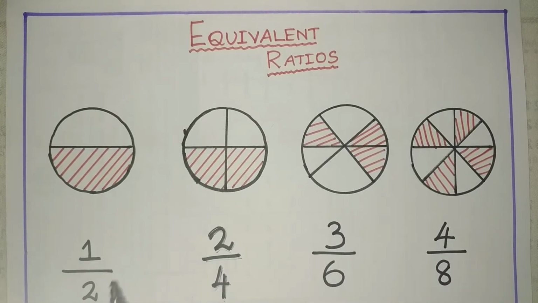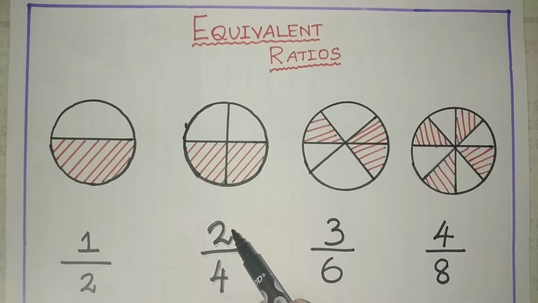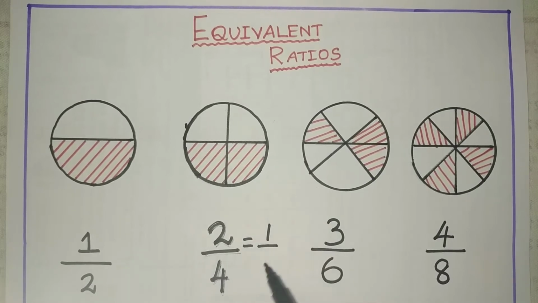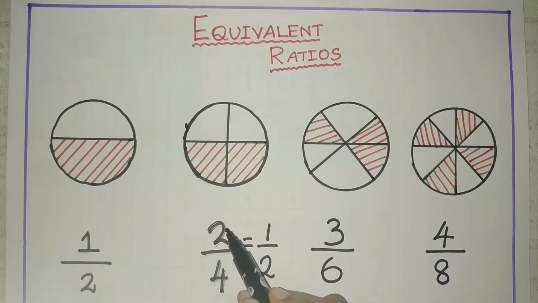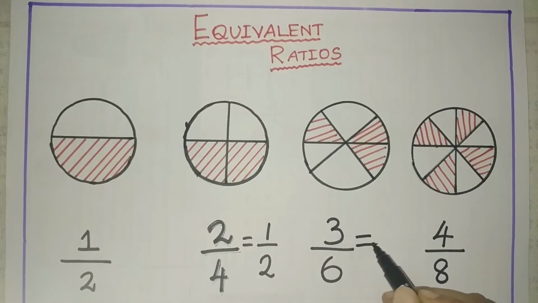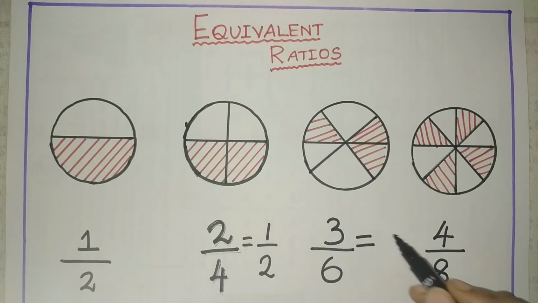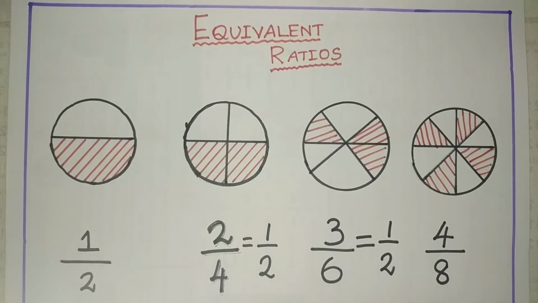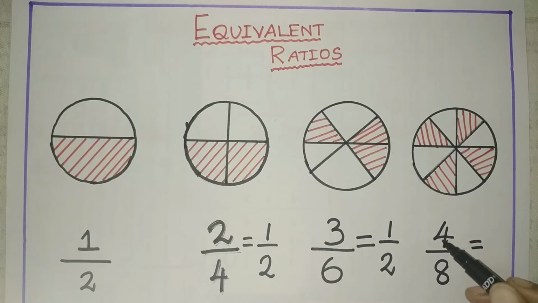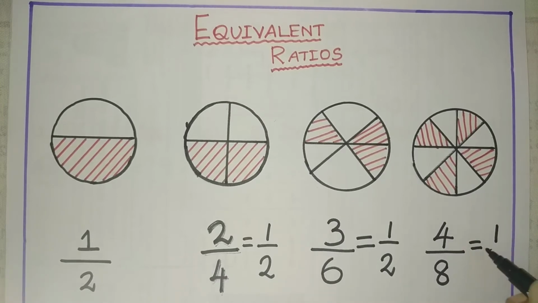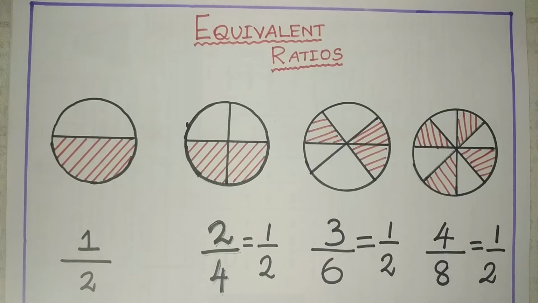Now look at all the ratios. This is 1/2. This one is 2/4. You can simplify this ratio as 1/2 because 1 2s are 2 and 2 2s are 4. Similarly, look at this ratio. In 3 table, 1 3s are 3 and 2 3s are 6. The final one. 1 4s are 4 and 2 4s are 8. Now look at all the ratios. You will get same ratio as 1/2, 1/2, 1/2 and 1/2.